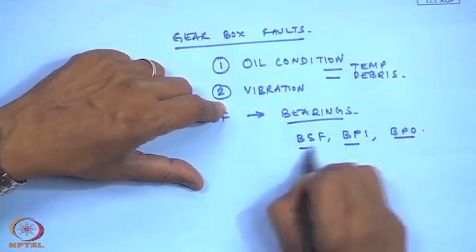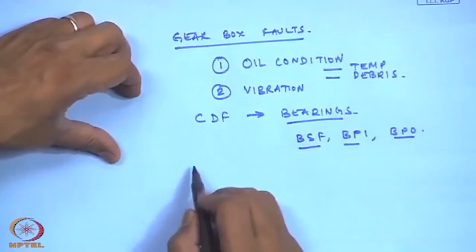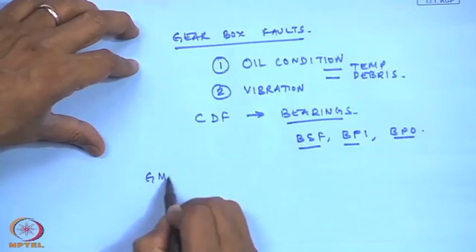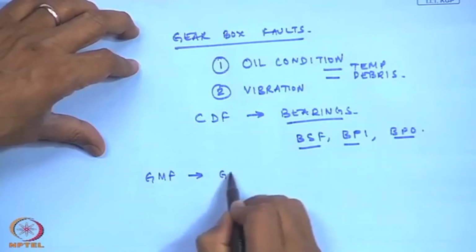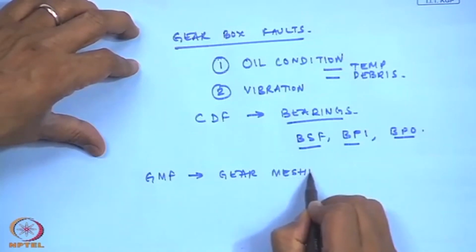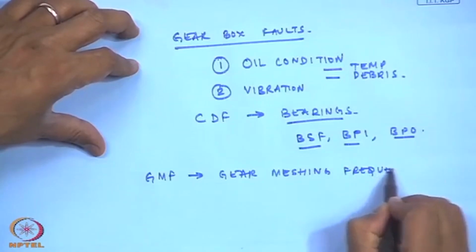So, these frequencies and their harmonics show up when there is a bearing fault, but when there is a gear fault, something known as the GMF, the gear meshing frequency,